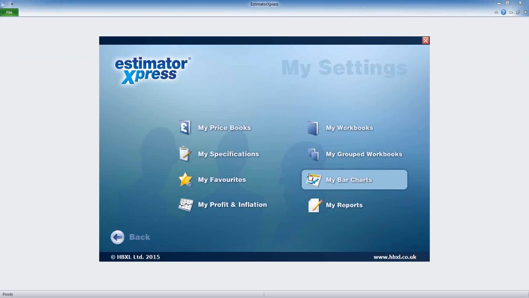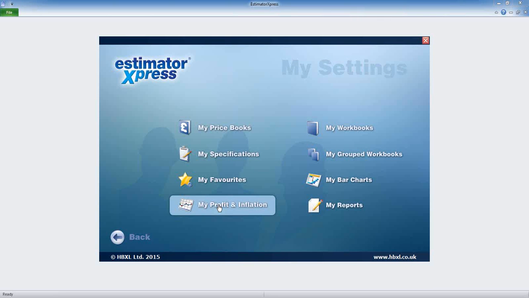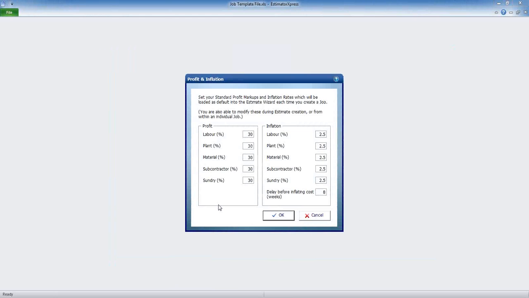And then you've got the My Settings section down there as well that allows you to go in and alter some of the items within the My Settings. One of the ones you might want to set up quite quickly from day one is your profit and inflation. So the software is actually set up with a default 30% markup. You can change that to whatever you feel comfortable working towards, or you might just want to leave